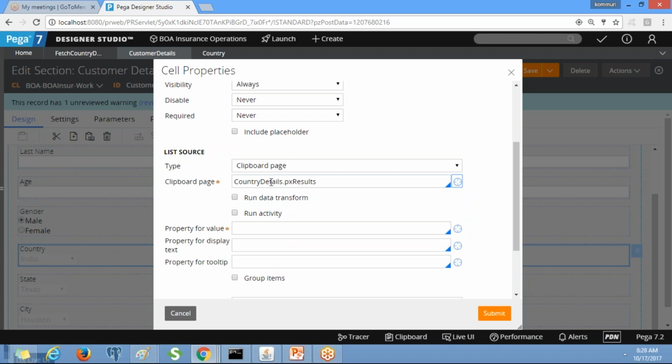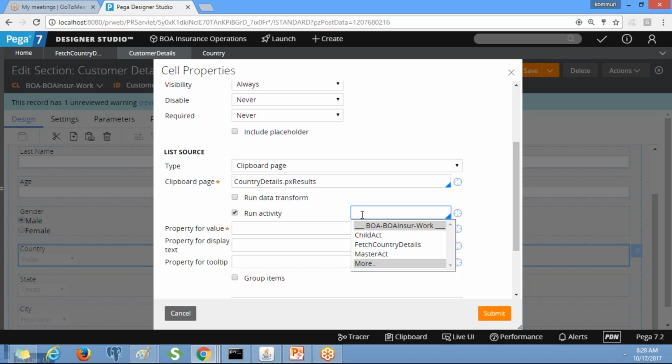The moment you select clipboard page, it will ask for data transform or activity. We don't know about the data transform. We know about the activity and we have created the activity for this one.